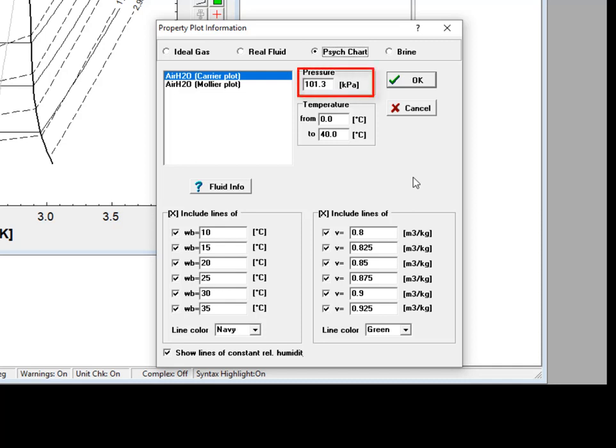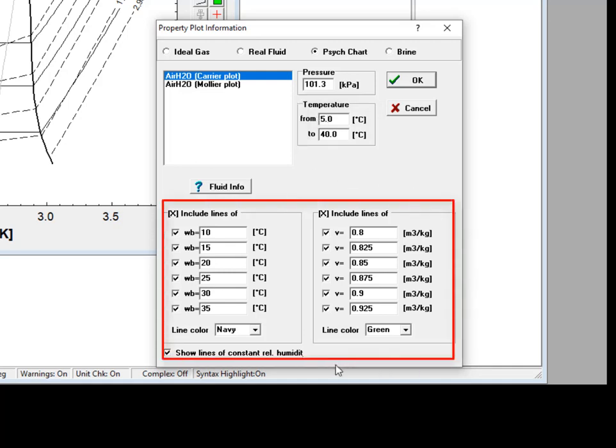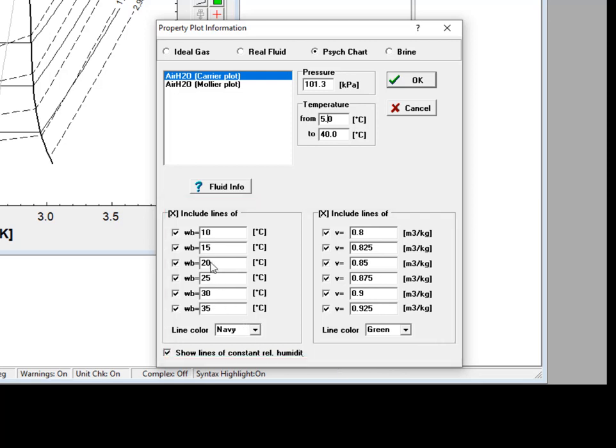The psychrometric plot is generated using the temperature, or the dry bulb temperature, as one axis, and the humidity ratio as the other axis. And the limits on the dry bulb temperature range can be entered here. Lines of constant wet bulb temperature and specific volume can optionally be placed on the plot, as well as lines of constant relative humidity. And the values of these lines and the colors used on the plot can all be